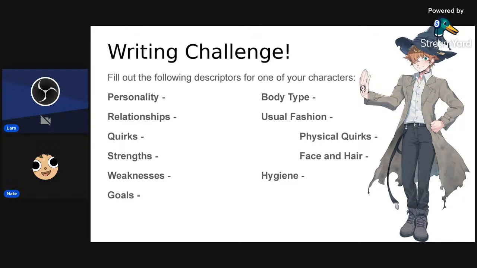His weaknesses. Oh, what are Vix's weaknesses? So headstrong can be a strength, but headstrong can also be a weakness. And I'm going to put this as a weakness because he gets really bullheaded. So likely to make mistakes. He makes loads of promises, doesn't keep half of them, which is not good. It's not good for a guy to make lots of promises and then barely keep half of them.